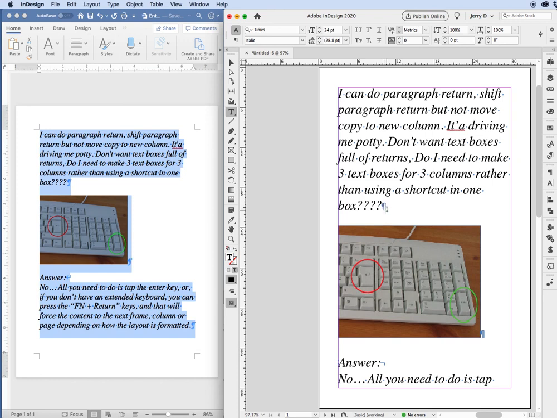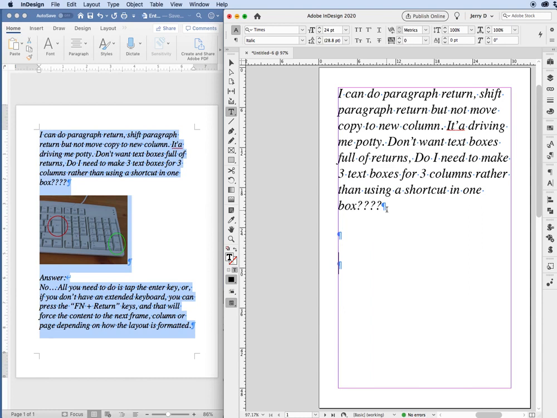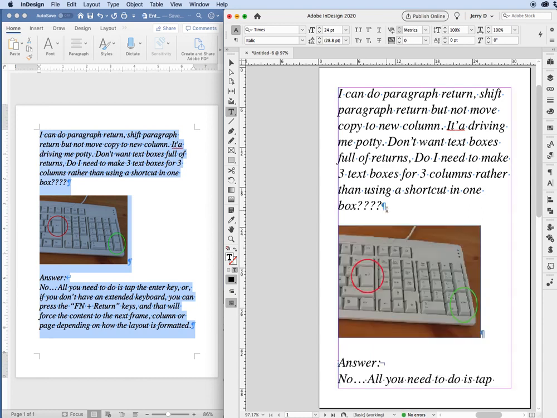Next up, let's say I want to move this picture over to another page. Well, conventional wisdom says you put in a couple returns until it forces it over. That's not what we want to do. What we want to do is put in what is called a jump character. Basically, you put your cursor right next to the image, preferably on the right-hand side, then tap the arrow to the left